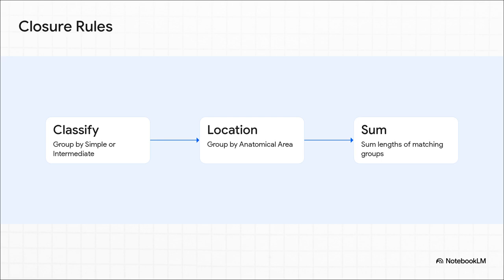Step 1, group them by classification. Simple goes with simple, intermediate with intermediate. Step 2, group by anatomical area based on CPT guidelines. So here, the 2 scalp repairs group together. And finally, step 3, sum the lengths of those matching groups. Since the forearm repair is an intermediate classification in a totally different anatomical zone, it just stands completely on its